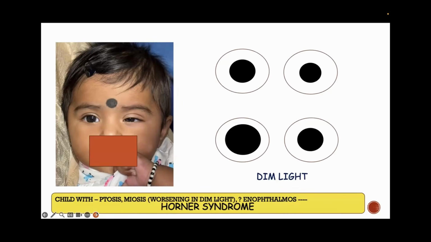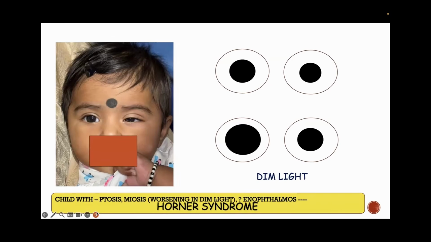When I asked the patient's history and looked at the previous photographs from when the child was born, this child was barely 7 months old, and definitely it was not there before. The parents were very particular, and when I saw the family album, they said this ptosis was definitely not there. So when there is a congenital Horner syndrome, you can relax. There's not really much that you need to do.